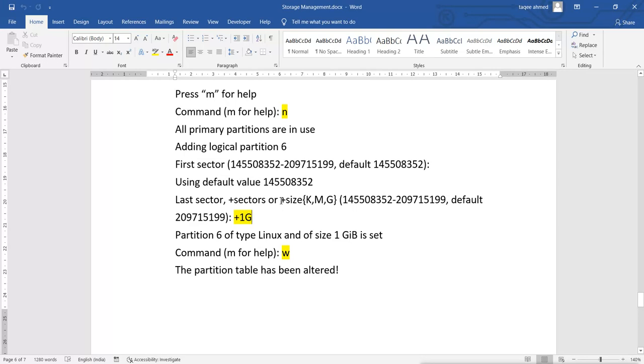Then you can do it like this: plus the size you want in KB, MB or GB. So I want 1 GB, so I did plus 1G. That means I want a 1 GB partition, and then it says partition number 6, type Linux, and size 1 GB is set. And after that, what I did,